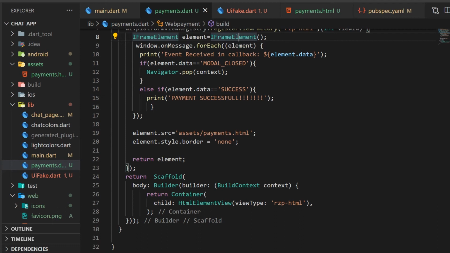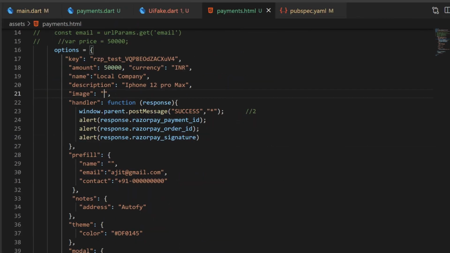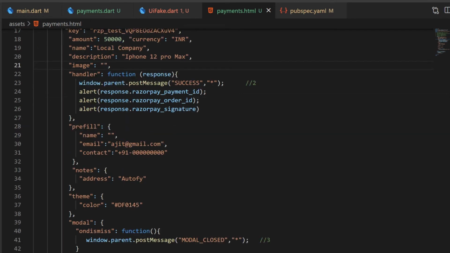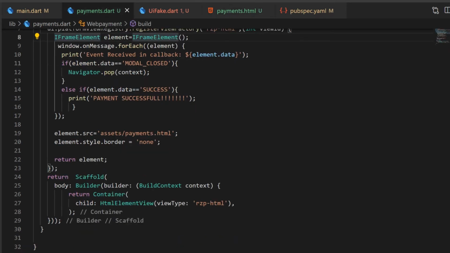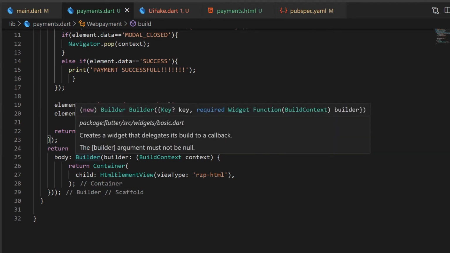The thing is that all these things are good, but how will we pass our customized amount, our customized product name, and all those customized things, contact name, email, and all those things, into this payments.html file? So how will we do those things? Actually in the payments page, you will see that here we are using scaffold and then builder.